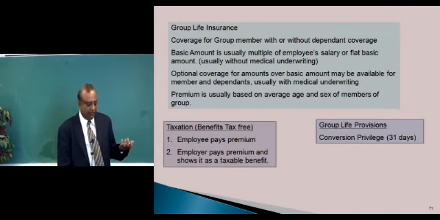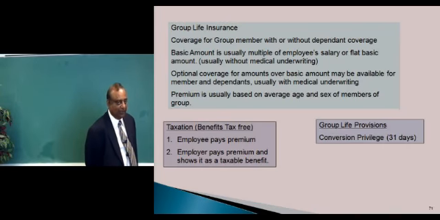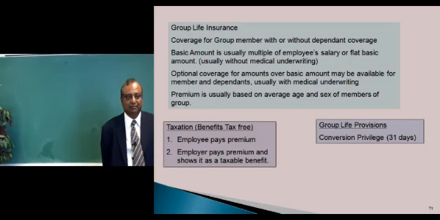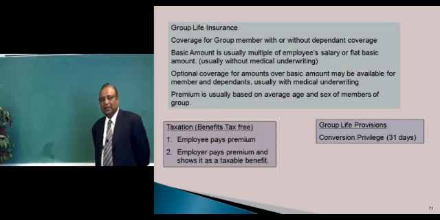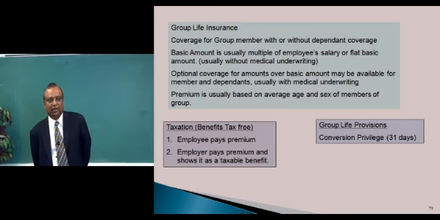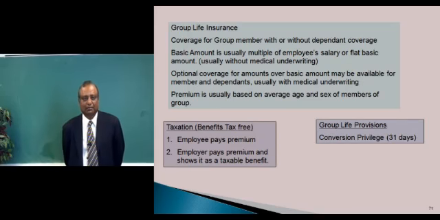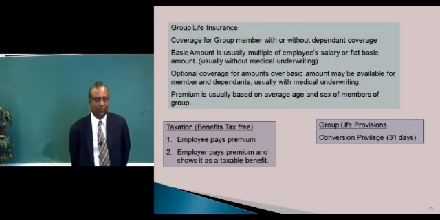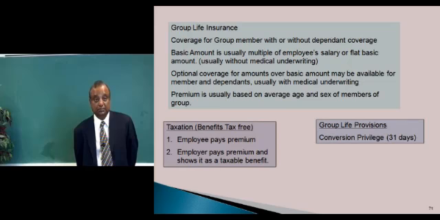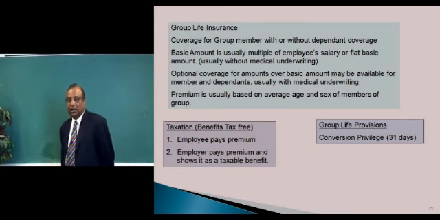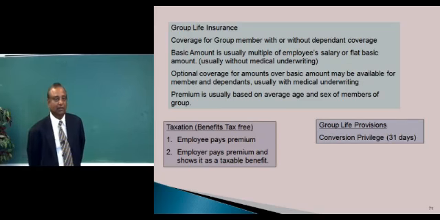Group life insurance typically covers a multiple of the employee's salary. It's called the basic coverage. Some companies may allow a person to buy optional extra coverage, and they usually limit it. They might say you can buy 5 units, where each unit is $10,000, so you can buy $50,000 additional. Some group plans may allow for dependent coverage. You may be able to cover your spouse and children for certain limited amounts.